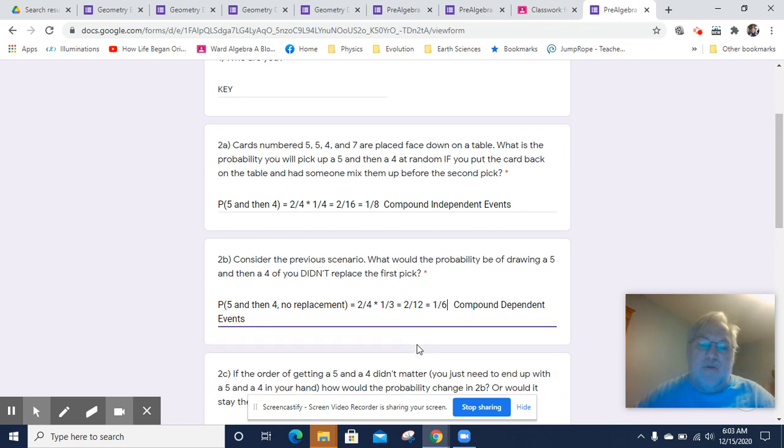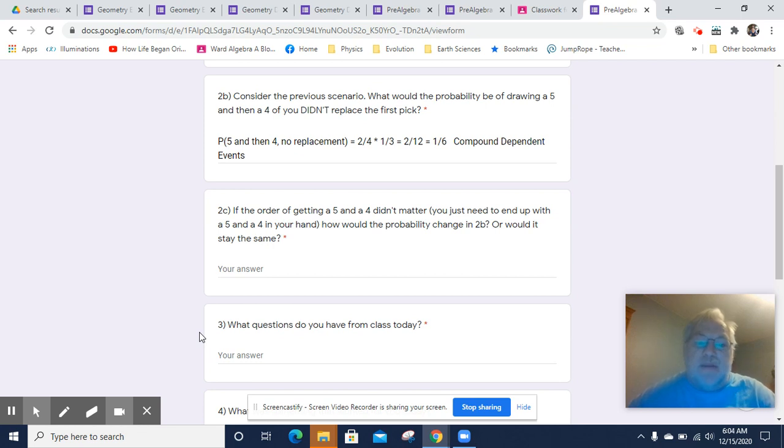The probability increased slightly because there was a smaller pool, a smaller, what we call a sample space for the second pick. So there was a 1 out of 3 chance, a much higher probability than a 1 out of 4 chance. And so we get a 1/6 probability for the overall compound dependent events for that. Now,